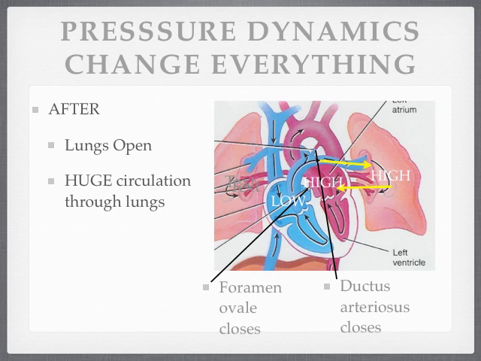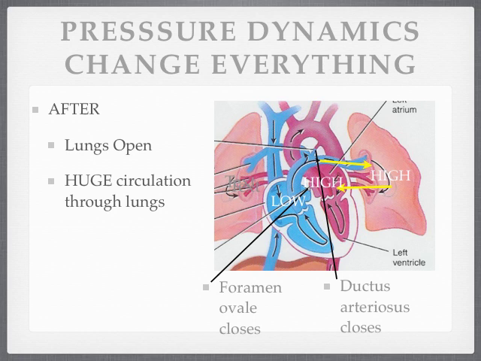All of that blood is flowing oxygenated back to the left atrium. Now the pressure in the left atrium is very high. Think again, it's very easy for the right side to pump the blood just next door and back. The lungs are now wide open. There's very little resistance to blood flow. So the pressure is very high, and there's a huge amount of blood coming back to the left